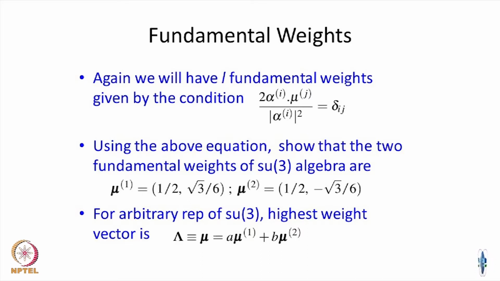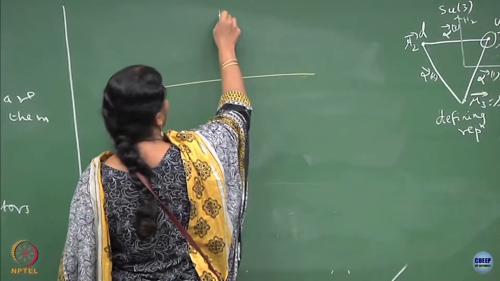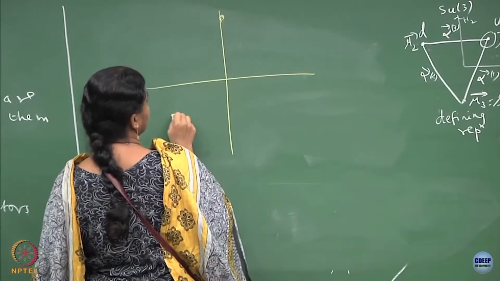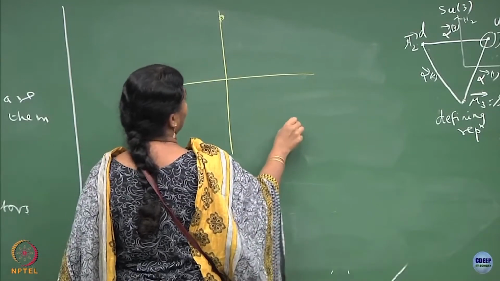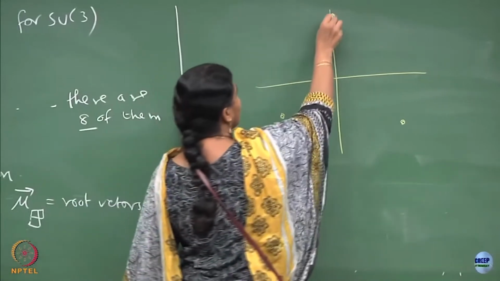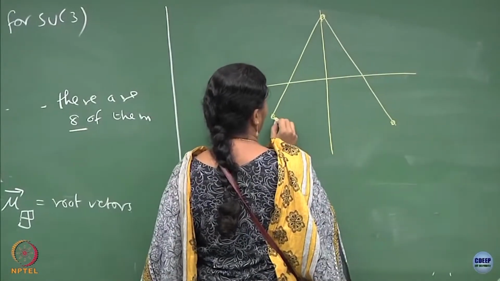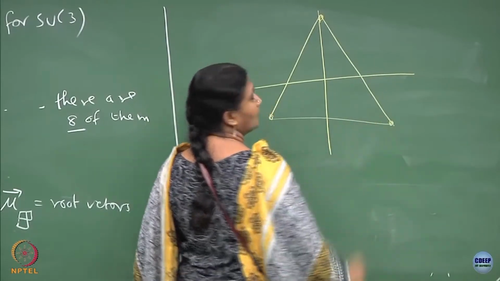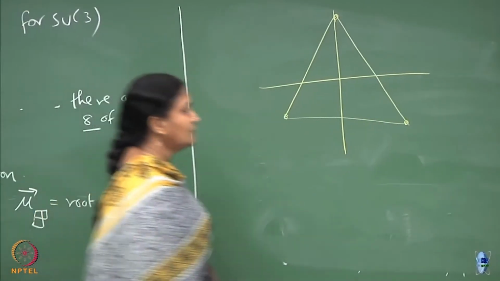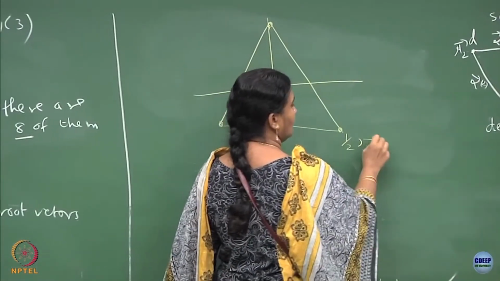So, how does it look? I will have a point here and 2 points here. Okay. So, this will be your half, 1 minus